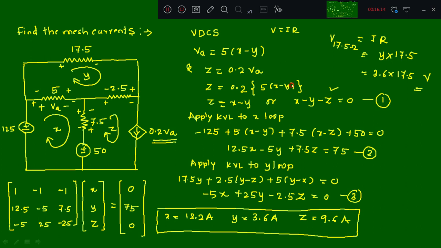So this is all about dependent source numericals. In the same way, they can ask about power across some voltage source. We have the relation P equals V into I. Assume they may ask what is the power delivered at this 50 volt source. In that, we know the V value as well as the current flowing at this point, either x minus z or z minus x. Such numericals we may discuss in the next class. The power will be in watts. Okay, we'll stop it here. Rest all the things we'll discuss in the next class. Thank you.